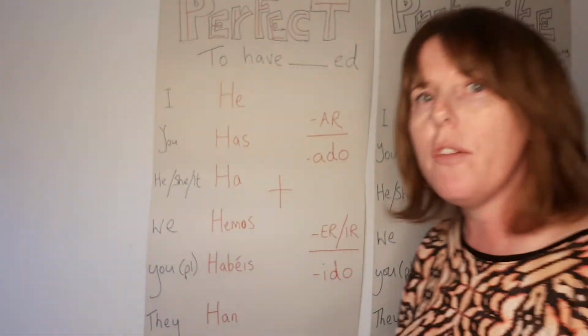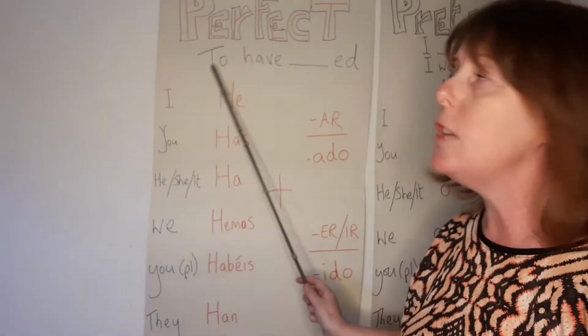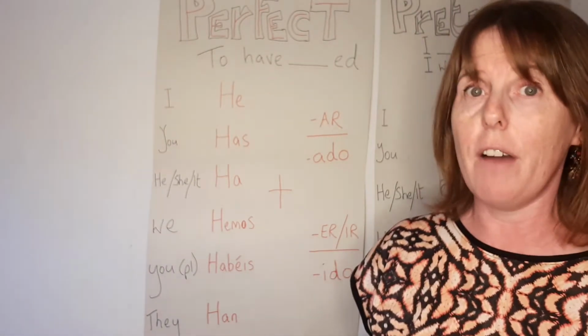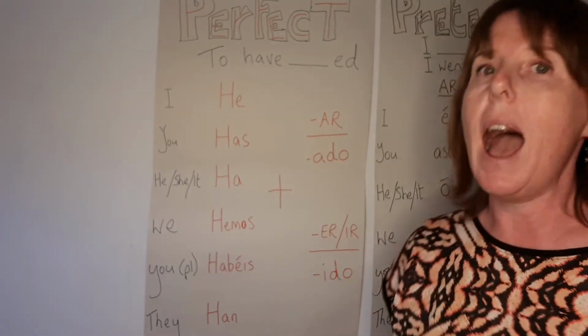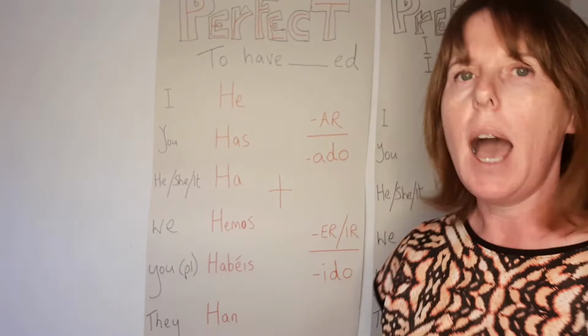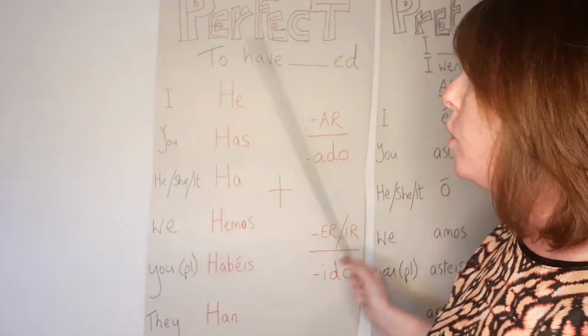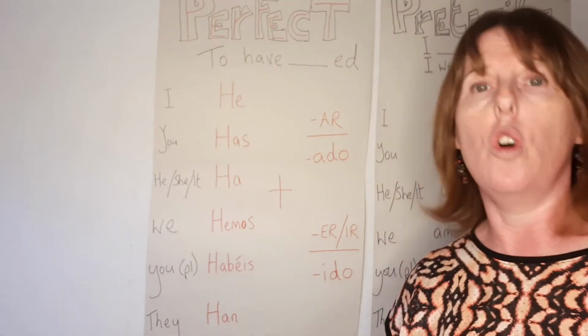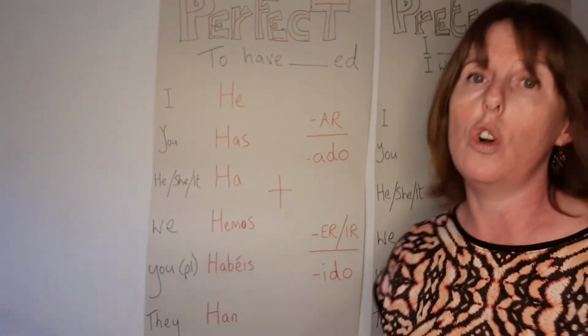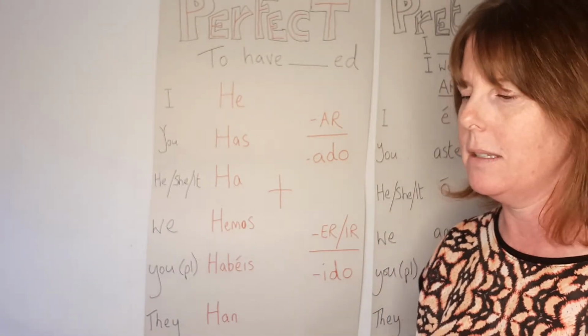Okay, now this is the perfect tense. The perfect tense is if you want to say to have something. So I have cooked, I have, so it's got the keyword have something in the past. I have been, I have seen. You have been, you have seen. You have cooked. They have cooked. She has cooked. Has or have, all right? Plus past participle, past tense.